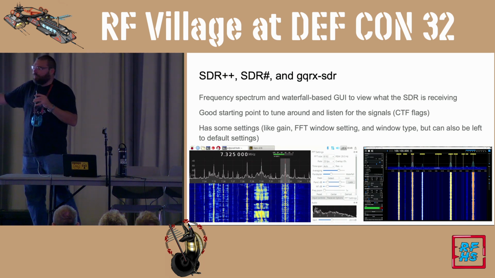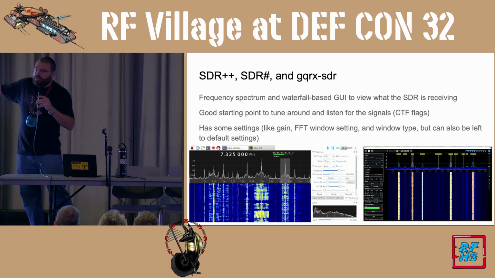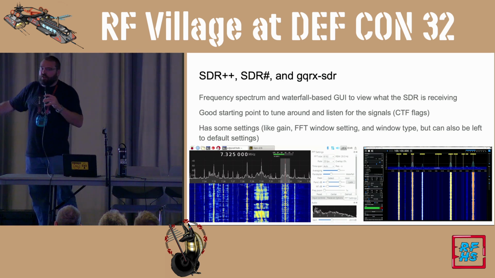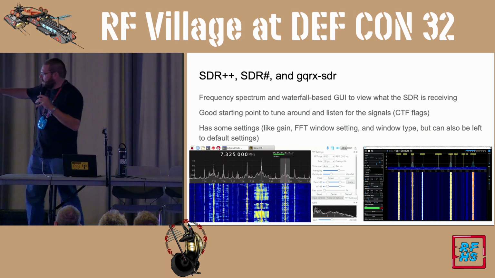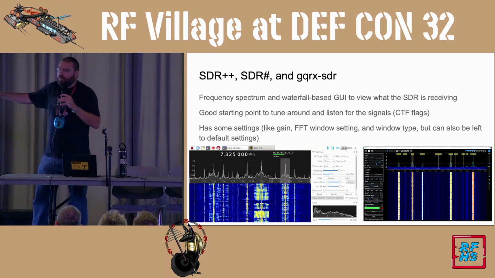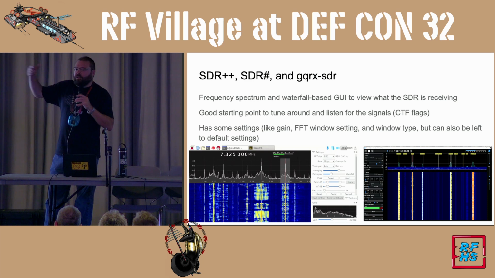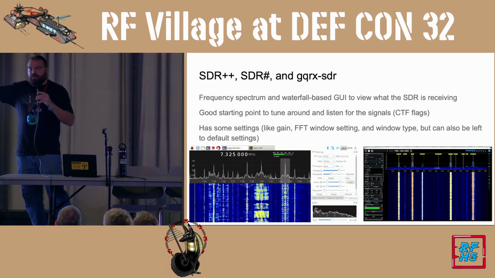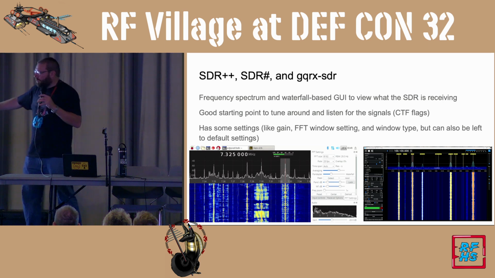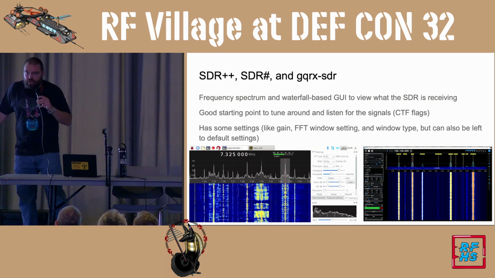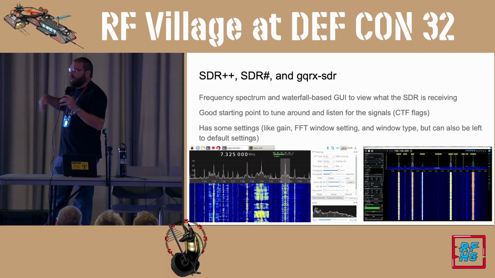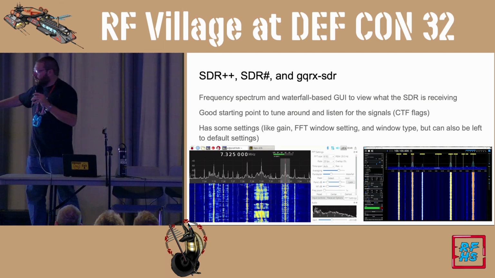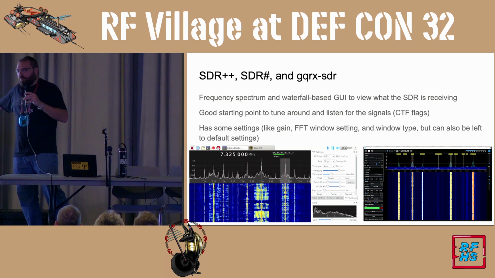With that being said, the spectrum shows you the instant power when it computes, again in software, showing you where the activity is at that point in time. The waterfall shows you that over time. So if you're painting it, like in this case, 25 frames a second, this is where, if you were here in the last talk, Wasabi mentioned that spray paint, where you see the RFHS logo. The waterfall is really where you're going to want to pay attention to that. It's more common when we do the tactics, techniques, and procedures later on, but you're going to see how the spectrum changes with time in the waterfall.